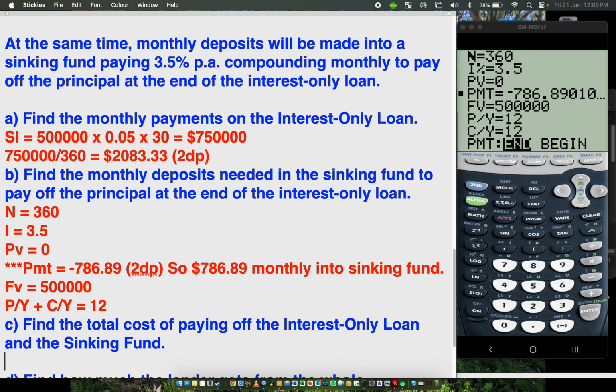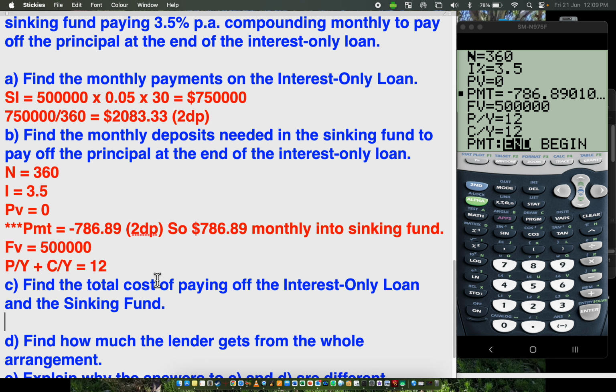That's answer C. Let's say this person was doing this, how much is it going to cost in total to pay off the interest-only loan and sinking fund? Well, what number after A tells me how much interest I'm going to pay? 750,000. You know, this is monthly, but I'm going to be paying 750 grand in interest overall,